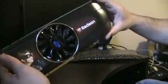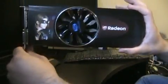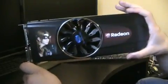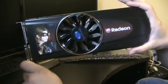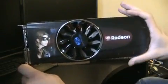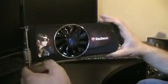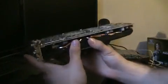So it's a cool looking card. I am a little disappointed. Like I said, it's not going to match the interior of my case too well, but I've been looking at the new Half X, and that's all black inside, and I'm changing my motherboard to the Ultra Max Extreme 1050 watt. I forget the exact name. I was looking at it today at the shop, so I'm going to switch to that so I can run